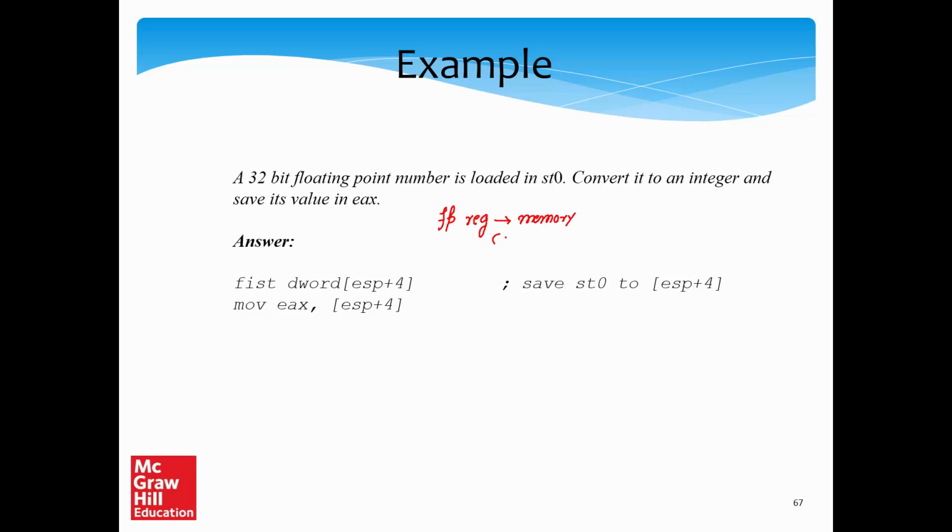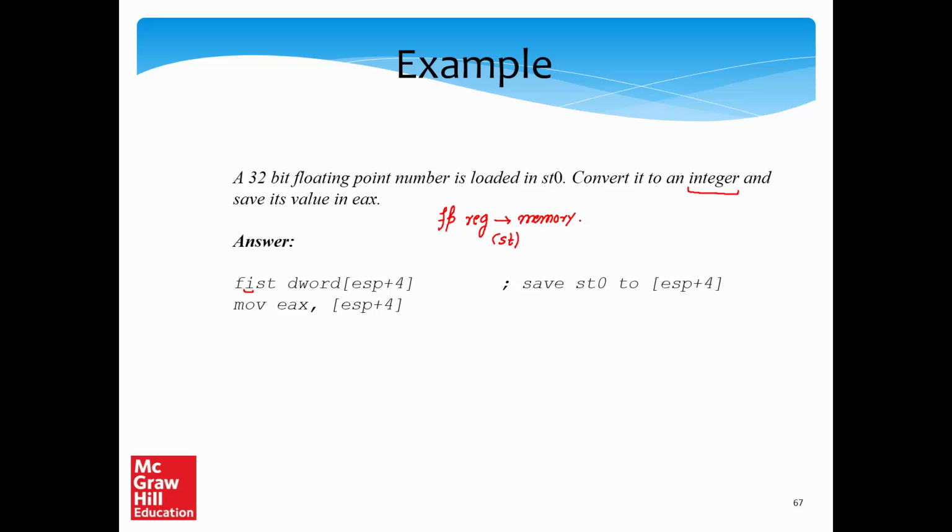So this is a store. So we need to use some variant of the FST instruction. And since conversion to an integer is also there, the instruction that we need to use is FIST, right? FST for store and I for the conversion to integer. So we want to save this in a memory location